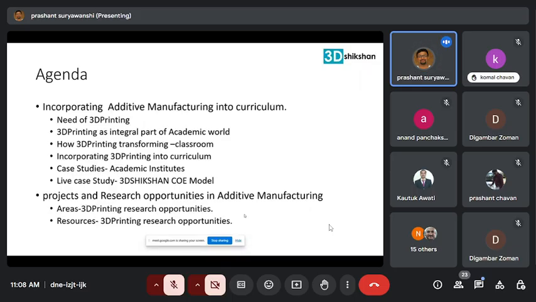In short, I will explain so that you will also get the importance. If you are enriched with 3D printing technology, then how can your institute benefit, and how are you in a position to handle this Industry 4.0 revolution? In the second part, on projects, we'll quickly touch upon the different areas where you can have wide research opportunities in additive manufacturing, and the different sources and examples of which institutes are doing this currently. With this, I will start my presentation.